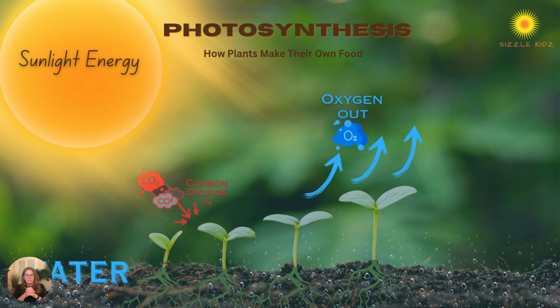So, to make it a little bit more clear, let's imagine that you're a chef in a kitchen, okay? And to make your favorite dish, you need to have all the best ingredients. And for plants, it's the same way. The sun is their favorite ingredient, and they use it to make their own food. In addition to sun, they also need water and carbon dioxide. So, you'll see water in the soil here. And you'll see in the red what is carbon dioxide, which is a gas that the plants breathe